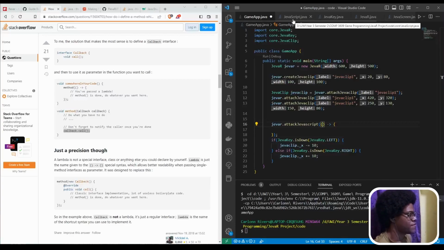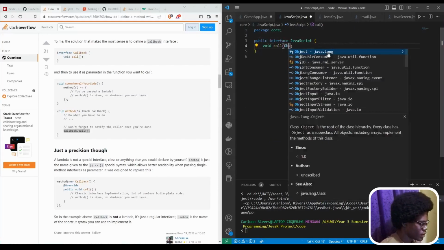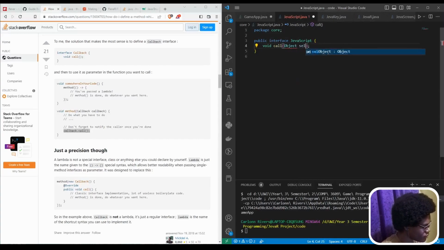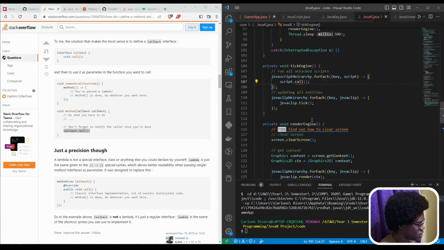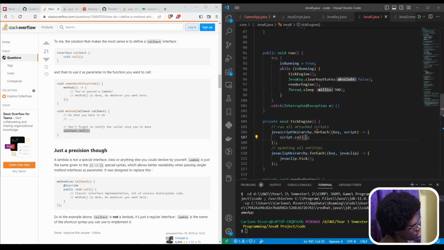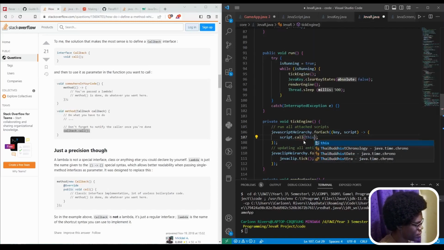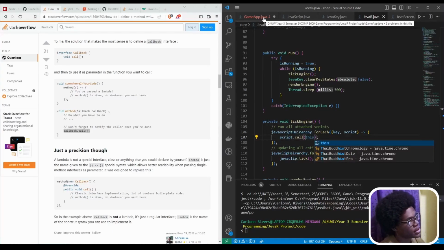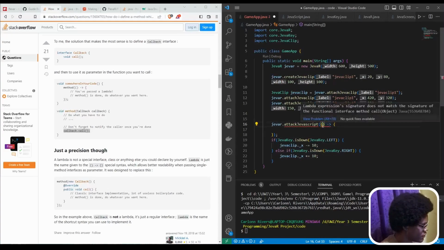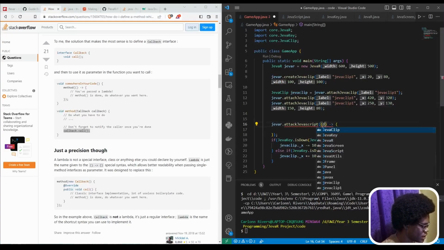So maybe I'll need to define that under call. It's gonna accept an object self. So the game engine will have a script with this, and this will represent self. So I can create an enum of all the things it will accept and then modify on, but for now it just takes an object. And then this JevaClip will have, well, it's gonna have a JevaSelf